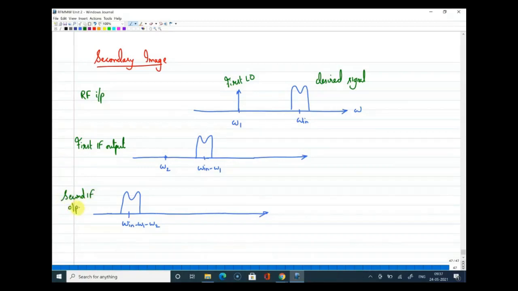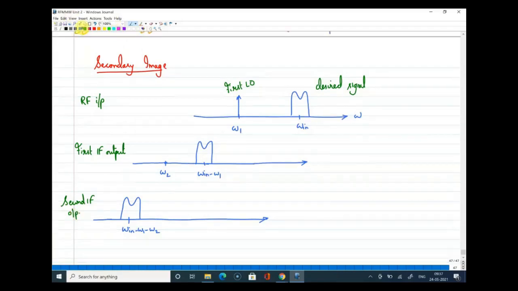All right. Now the second IF is actually appearing at omega in minus omega 1 minus omega 2. Now if I look at the first IF output,